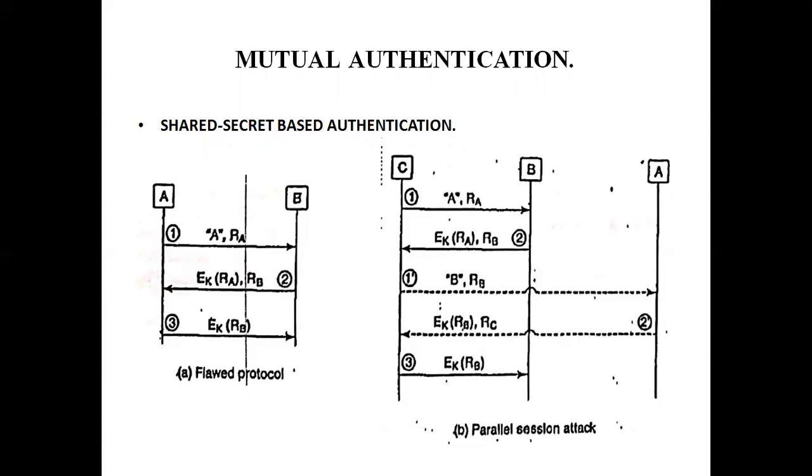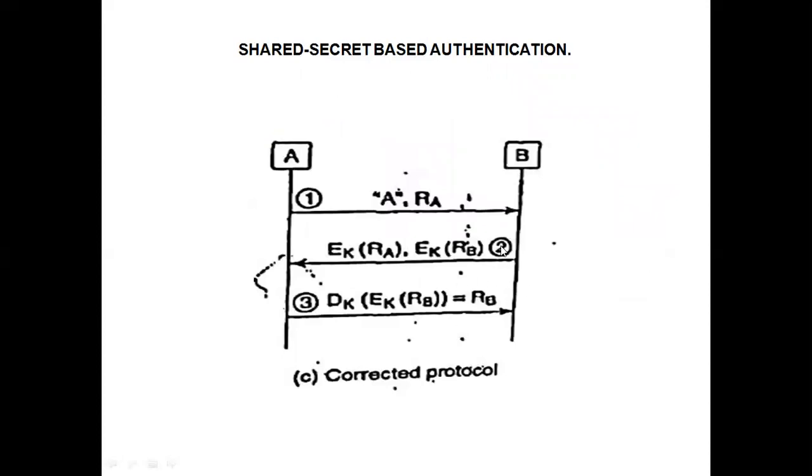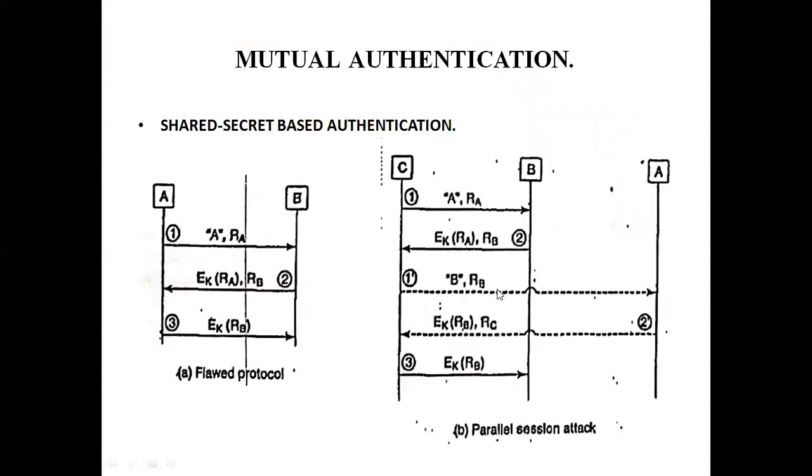Here we are going to see the first one, which is shared secret based authentication. A straightforward extension of the protocol for one-way authentication is shown here. This is a flawed protocol, and how the flaw is exploited by an attack will be shown in this figure, and this is the corrected protocol of shared secret based authentication. In message 1, A sends